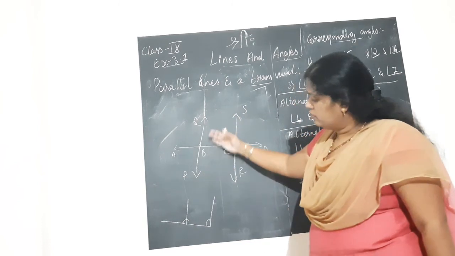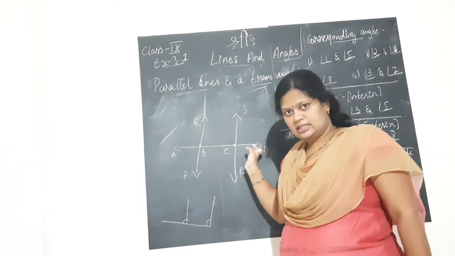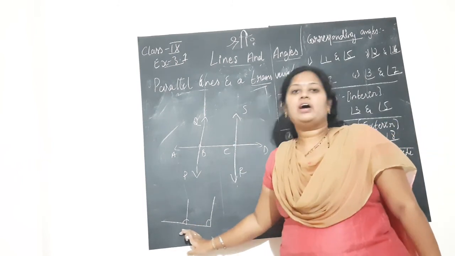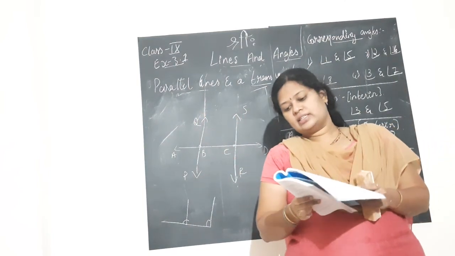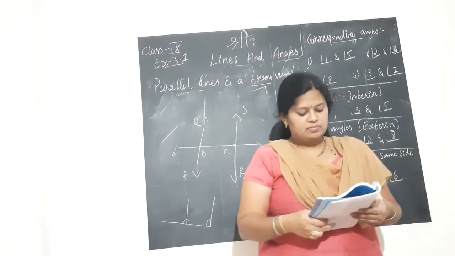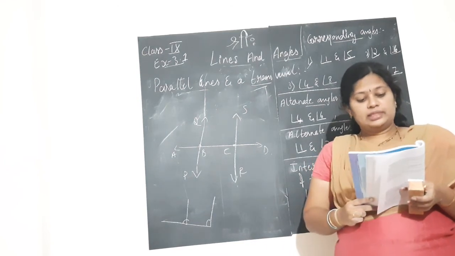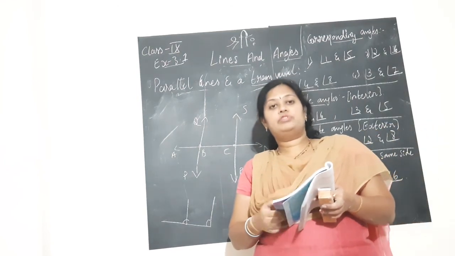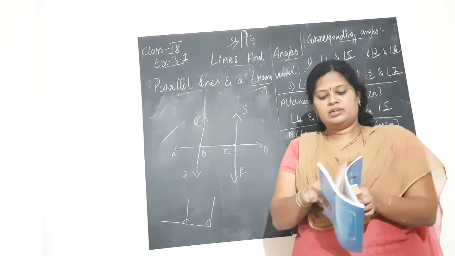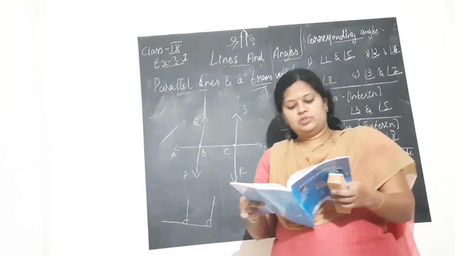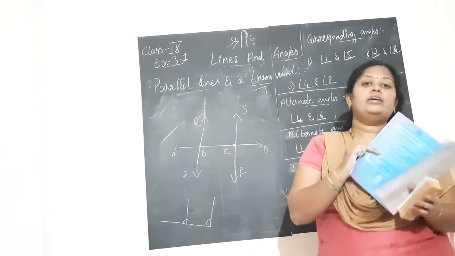So that was the converse. If a transversal cuts two lines and the corresponding angles so formed are equal, then the two lines are said to be parallel to each other. That is axiom 3.4. Next you have theorem 3.2, children. I think you don't have the proofs here, only statements. Up to theorem 3.5, even theorem 3.6, children, you have to remember only the statements, and no proofs are given.